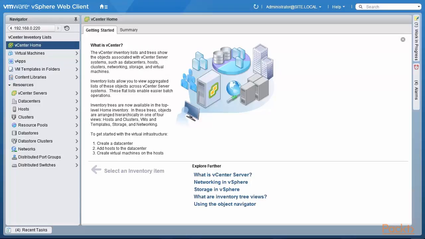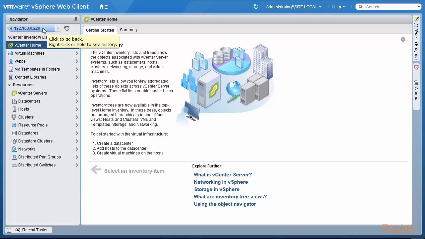As you can see, I'm now logged in to my VMware vSphere web client. I'm on my vCenter server 192.168.0.220, which is my home vCenter, or if you're thinking in terms of companies, this would be the headquarters vCenter. What I want to do is take you through the infrastructure that we have set up for our replication labs. So I would like you to think in terms of headquarters or the home office where I'm running vCenter 220,